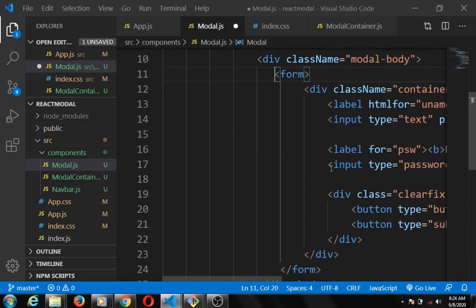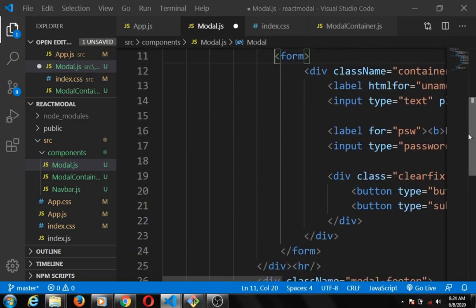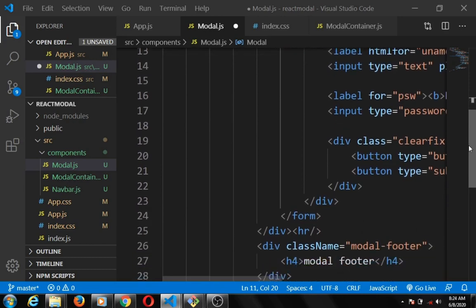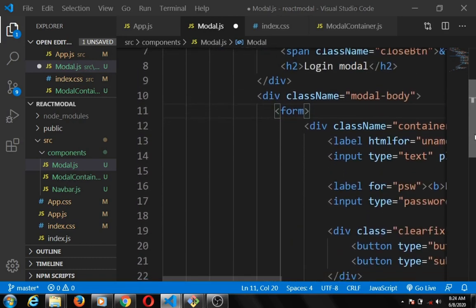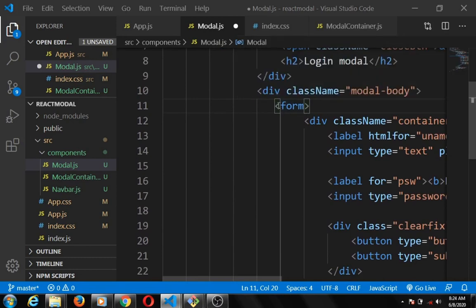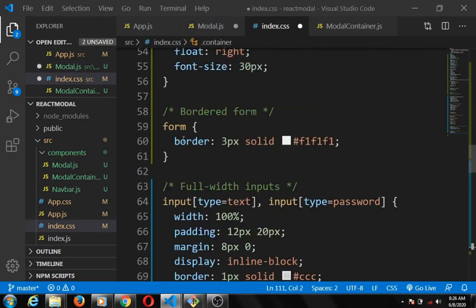So I just copied the form that was in the demo and placed it here. There's nothing too serious, there's no style yet. So what I'm simply going to do now to save time, I'm also going to copy the style for the form from the demo and paste it. Then I'll explain the